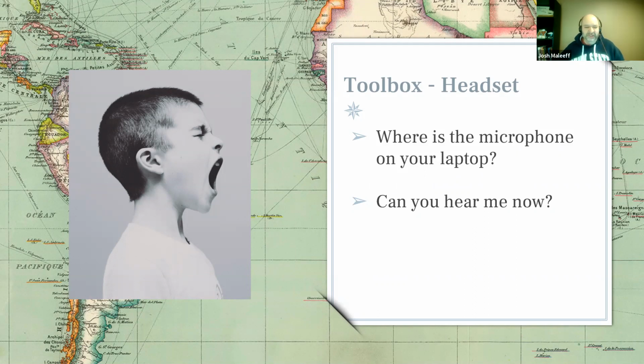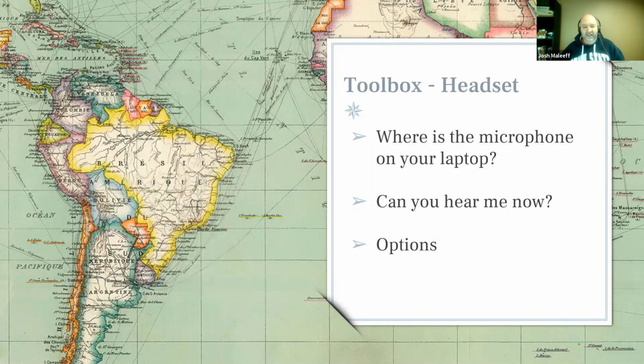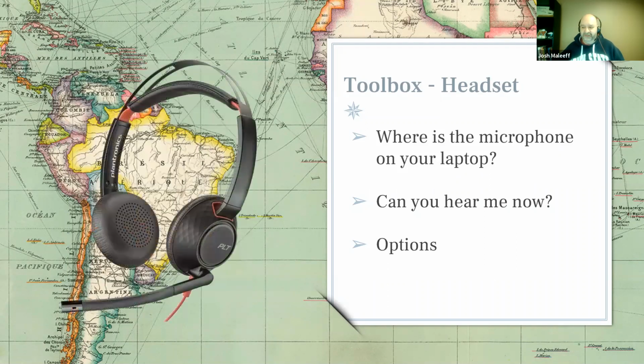So the solution to that is to look at a headset if you're doing this kind of presentation. Now, if you have something like a Yeti mic and you're doing higher end recording, that's going to be awesome as well. This specific headset that I'm using now, that's on the screen and that I'm also going to put into the chat here, is one that a previous job I was at used when training call center agents, and this is what they use.